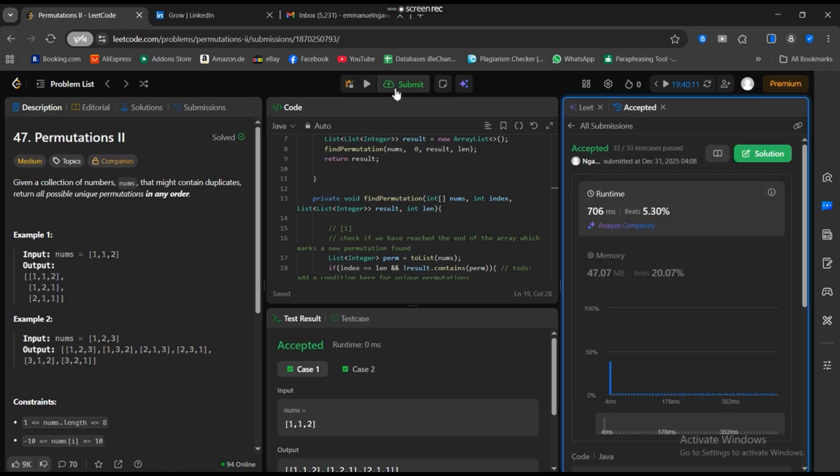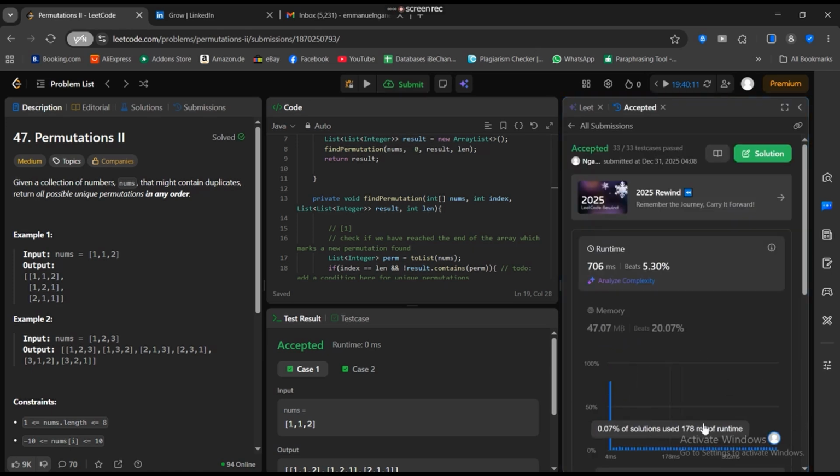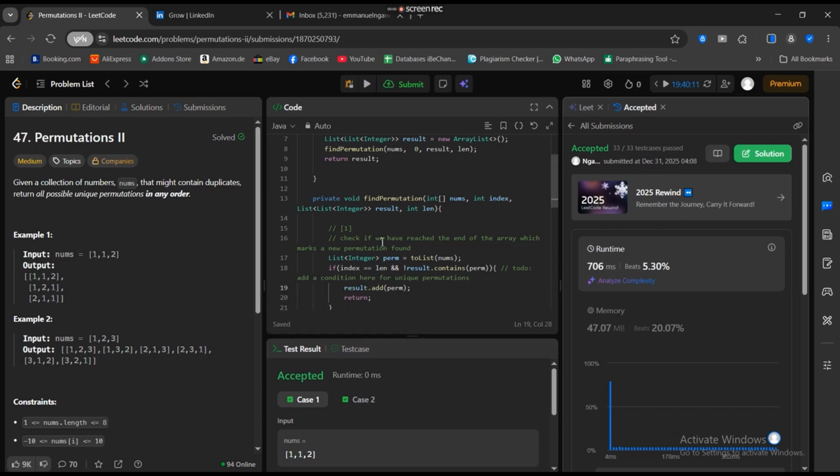So let's see. Yeah, that works. It's not the best solution, it's a terrible solution. Finding all the permutations, then getting just the unique ones. So what happens is